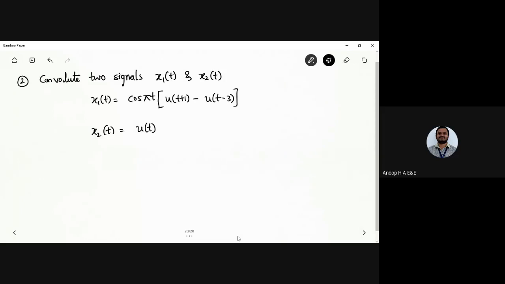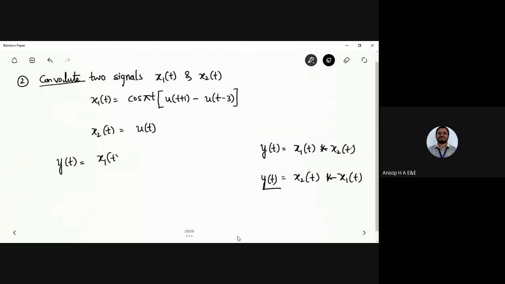So what do I need to find out? I need to find the convolution operation of it. So how do I find out? That is y of t, I have x1 of t convolved with x2 of t, or other ways you can have x2 of t convolved with x1 of t. So that is the output y of t. So if I have the convolution operation being applied, I have y of t. So where do I need to take?